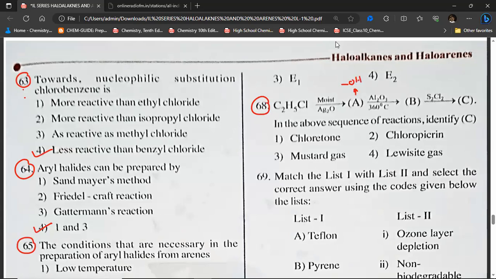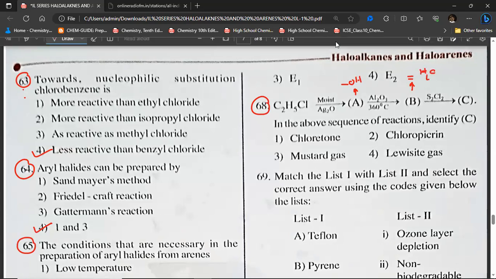Ethyl alcohol undergoes dehydration in the presence of Al2O3 at 360 degrees Celsius. It means it forms an alkene, a double bonded compound, and that forms the product C. The product C is nothing but